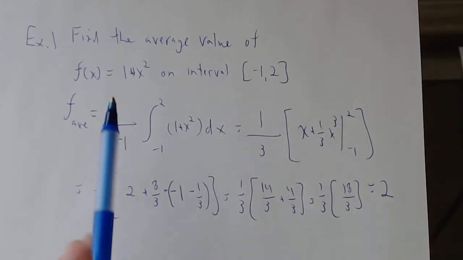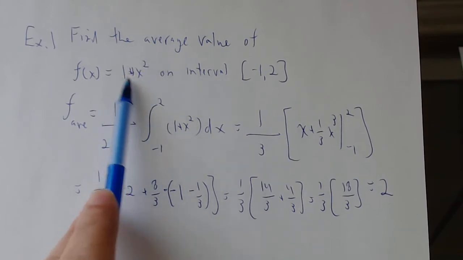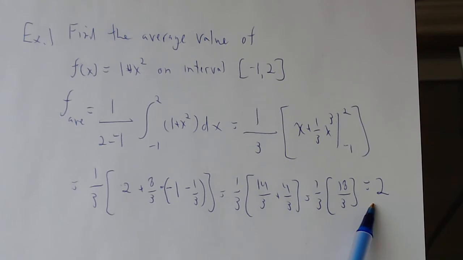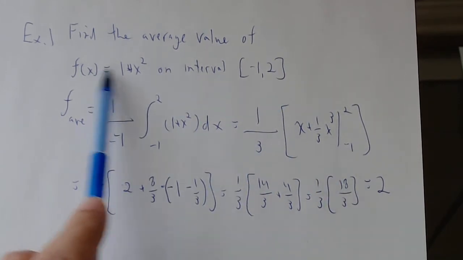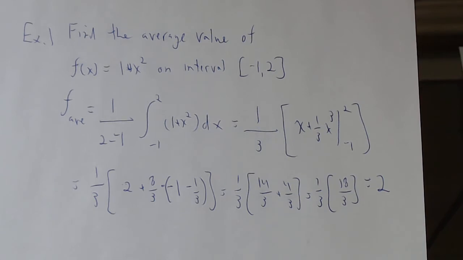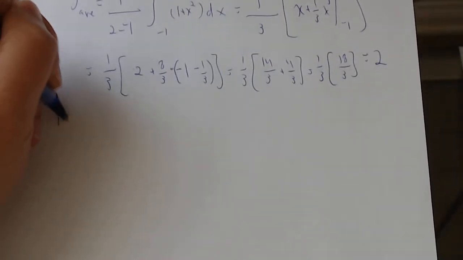That this function from negative 1 to 2, if I were to grab all of its y values it takes on and average them out, it would be an average of 2. So what we're saying is the y values of this function, on average, give a y value of 2. Okay, so now with that said, let's talk about the mean value theorem